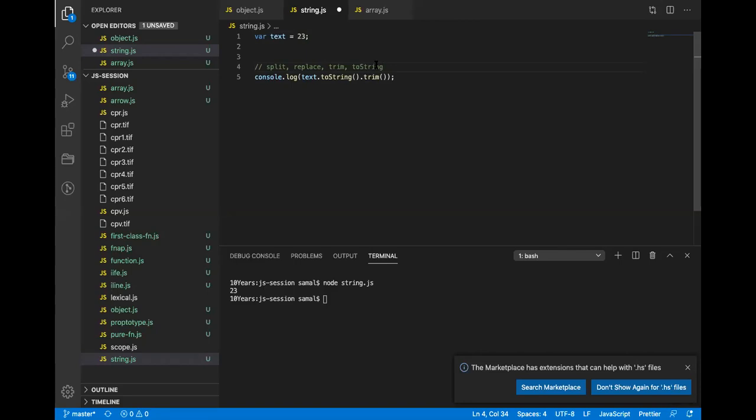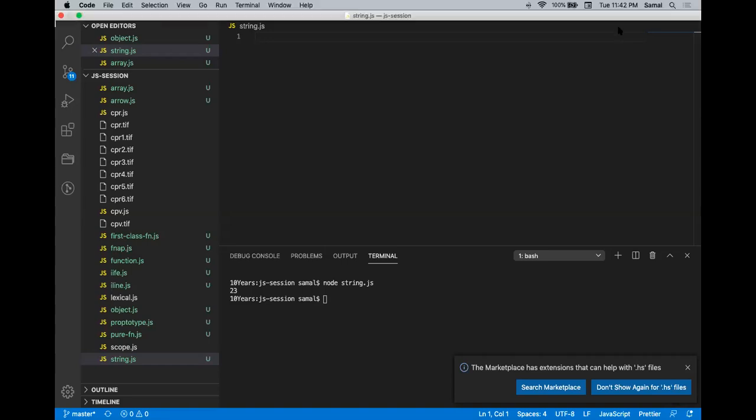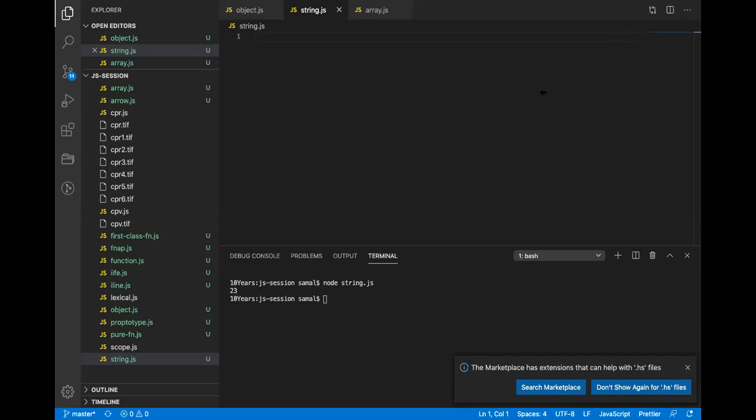So toString I very heavily use when I'm using any of the methods on a string. I always do toString split, toString replace, so I can very safely use it. These are the built-in methods that we can operate on a string data type. All right, so this is what I wanted to cover today. This covers the whole picture of your JavaScript variables, data types, as well as their constructor types. Any question?